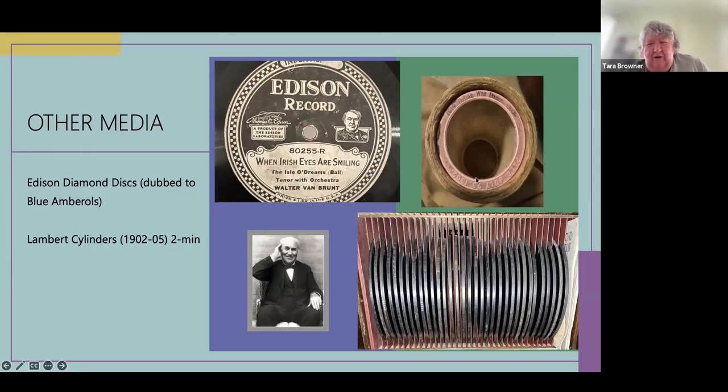And then up here on the right, we have Lambert cylinders, which were an early celluloid cylinder, and they come in odd colors, at least for me. And Edison naturally sued the company and shut them down, because that's what people did. They did a whole lot of lawsuits, patent lawsuits and things like this. So these were celluloid, meaning the dog would not eat them, but he didn't want competition in terms of cylinders.